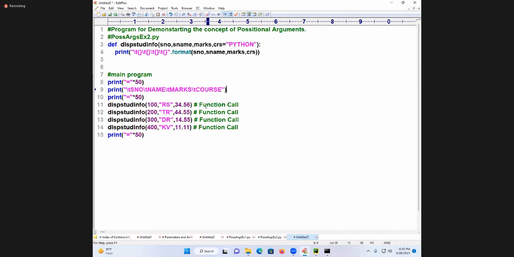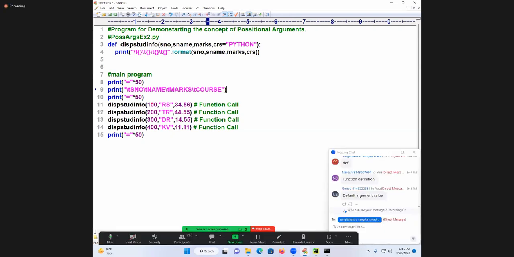What is this default argument? How is it working? Tell me. What is this now? 100 is going to where? RS is going to where? 34.56 going to where? This is called which data? Specific data. Is it common data for all these function calls or not?